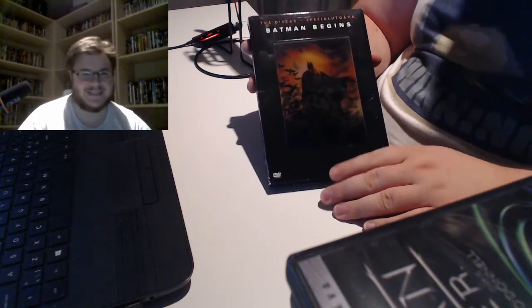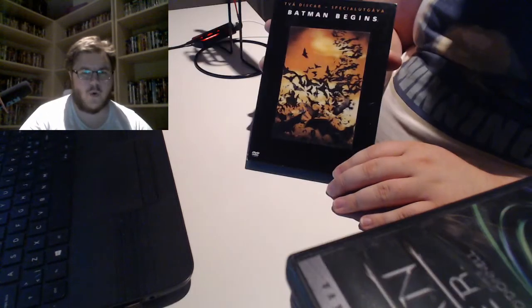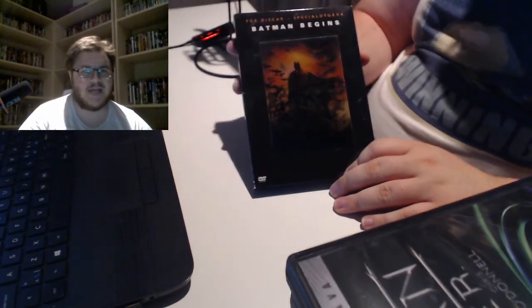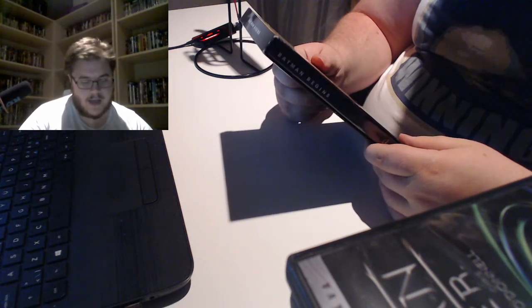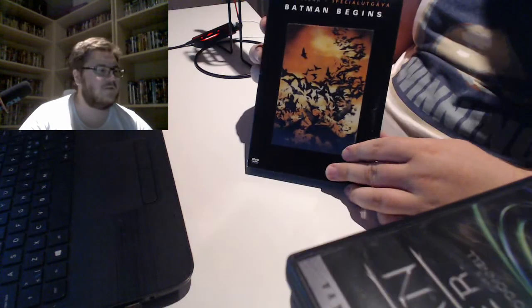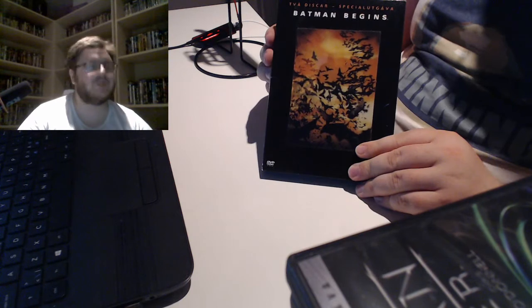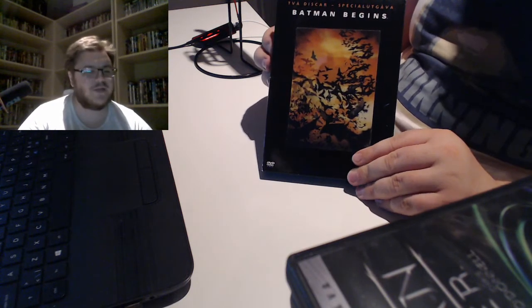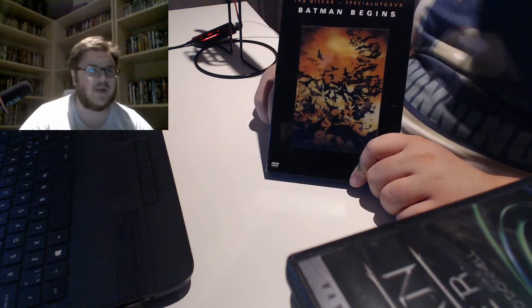It's Batman Begins with this cool, what's it called, lenticular? You see how it's weird? Oh, now it's bats. Now it's actually Batman. Really cool. I remember, without telling my parents, I went on an hour bus ride to a store when this came out on DVD. I actually knew which date it was going to come out, and I checked where I could buy it for the least amount of money. And I went without telling my parents when I was 15.